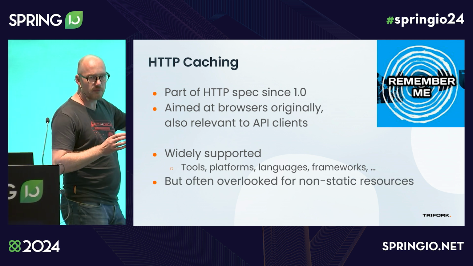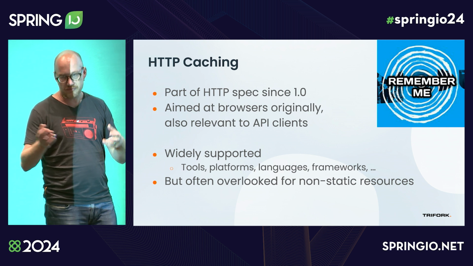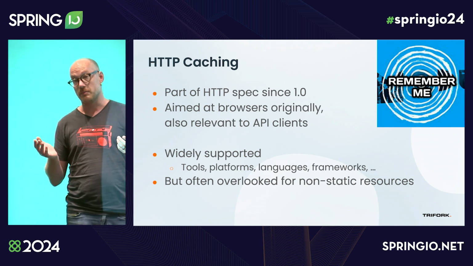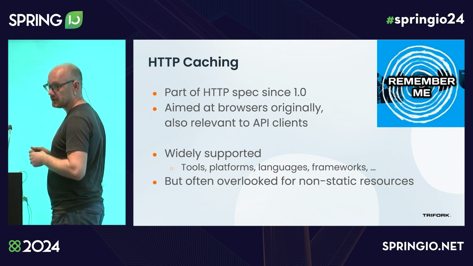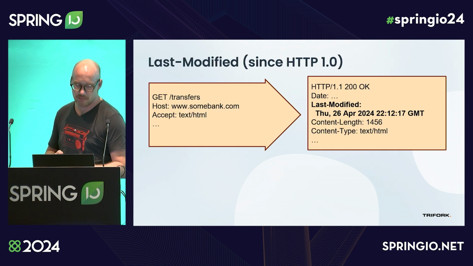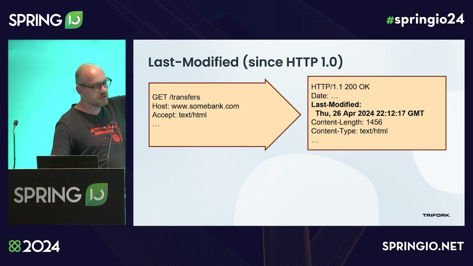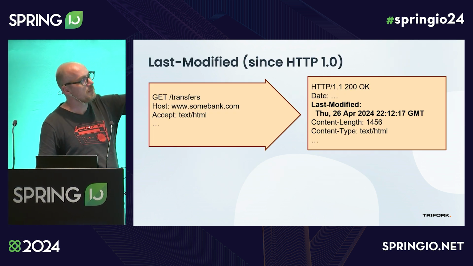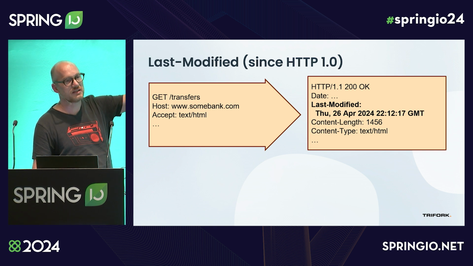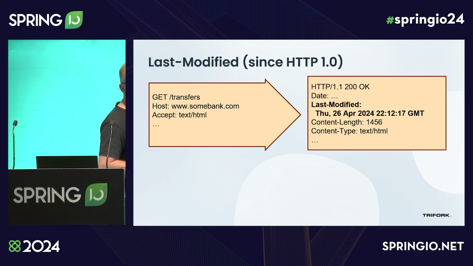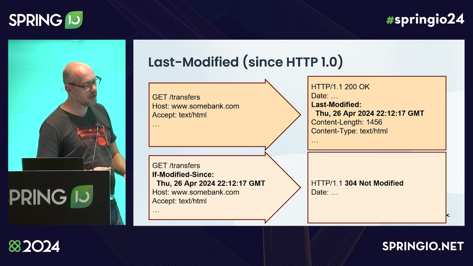But it's very often overlooked, in my experience, for non-static resources, stuff that you serve from an MVC controller, for example, where even those things can very often benefit from being cached. So basically, there's two ways to do this. What you see here is a Last-Modified header on the right-hand side. So this response includes a Last-Modified, and if that's there, then what the client can do is say,